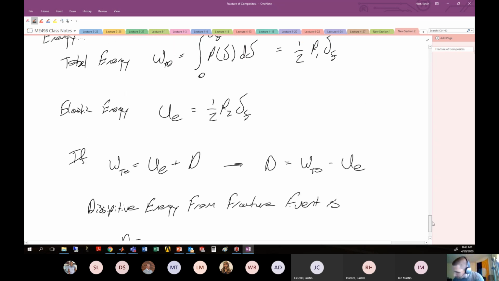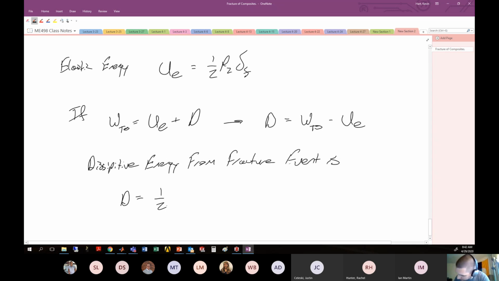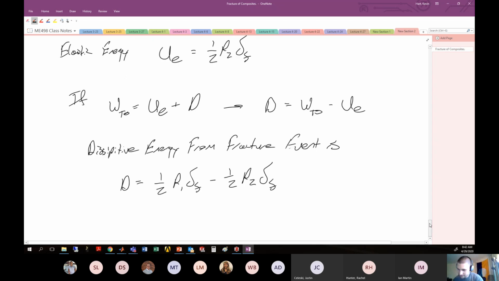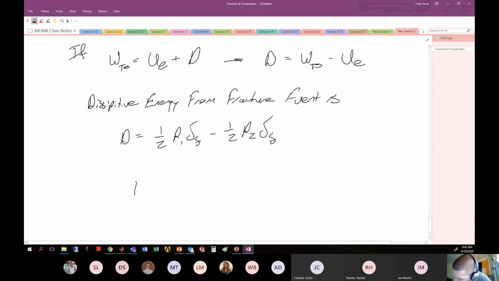So it is this total work term, which is 1/2 P1 delta F, minus the elastic recovered energy, which is 1/2 P2 delta F. Or if you want to write this by combining terms, you can say that the dissipative energy from fracture in this situation is 1/2 delta F times,